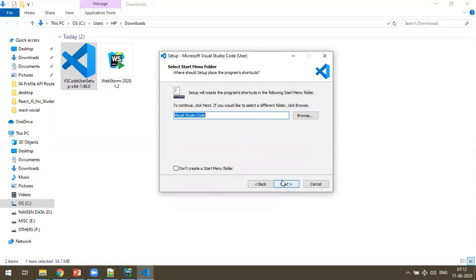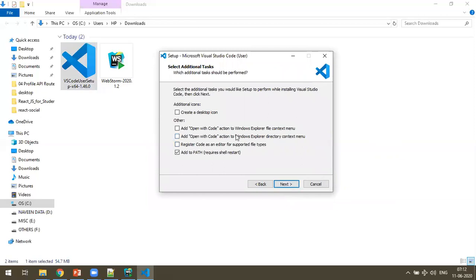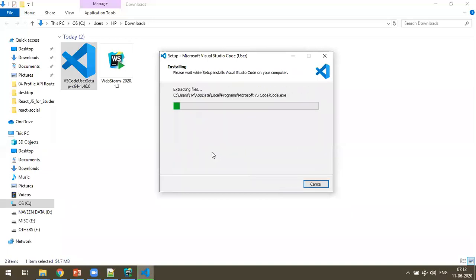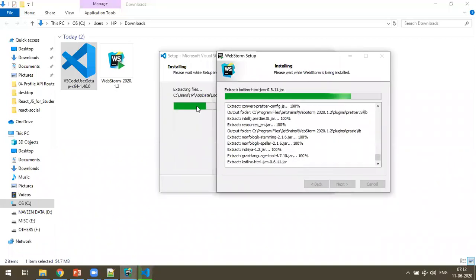That's okay. Click on next and click on next. And the create desktop icon and these things are actually not required. And required shell restart. Okay, only just shell restart. That's okay. Click on next and then click on install. So this is also installing and I think this is still going on.